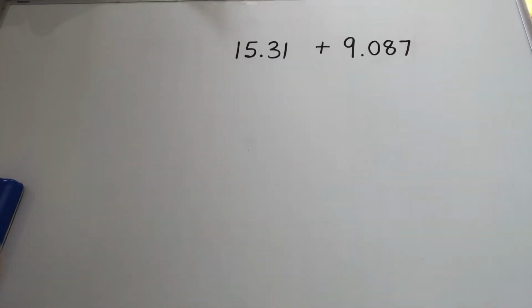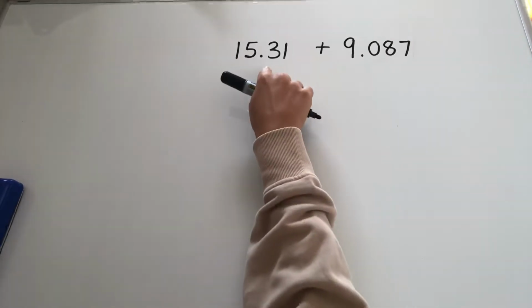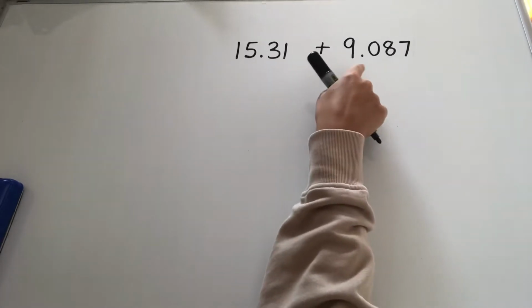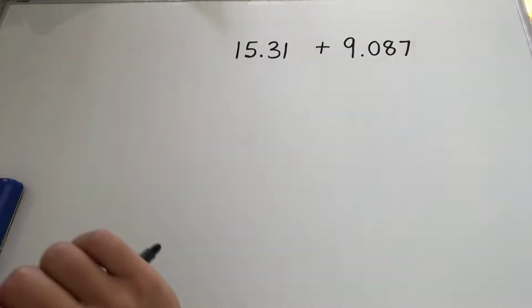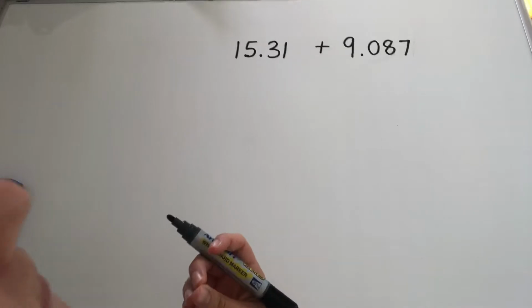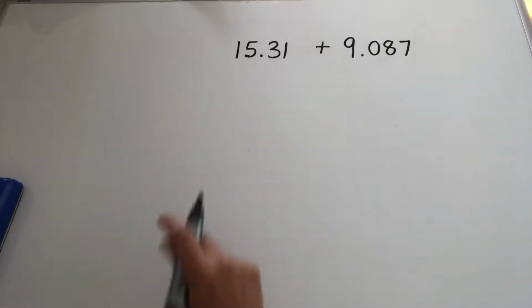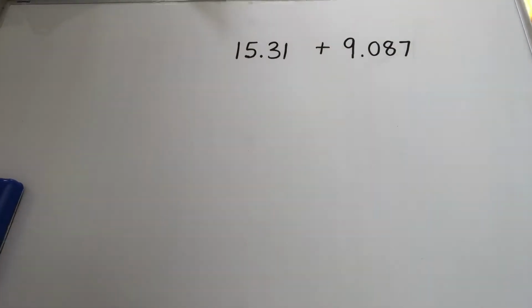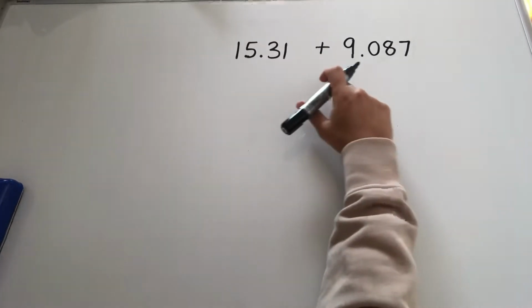So today for the extension activity, we're going to be learning how to use vertical addition to add decimal numbers. So we're going to do a few equations first together. Our first one is 15.31 add 9.087. Now, a common mistake that people make is if we were adding these numbers together, they both have 4